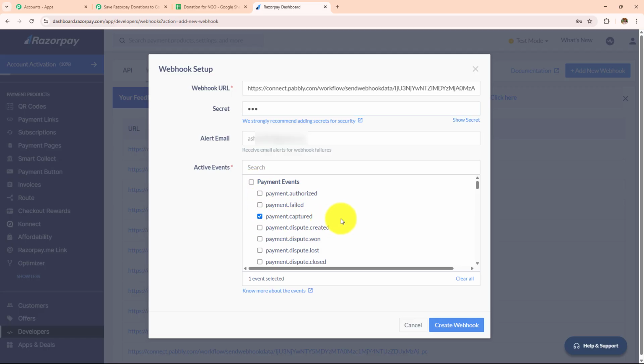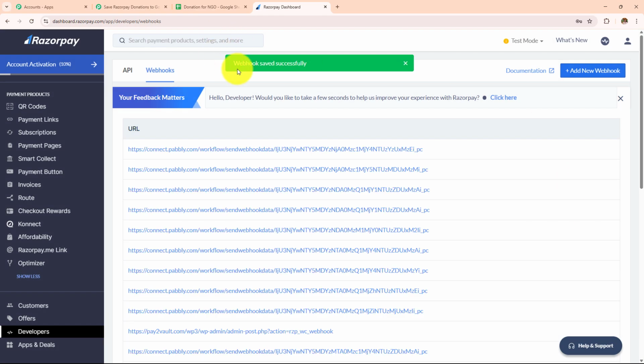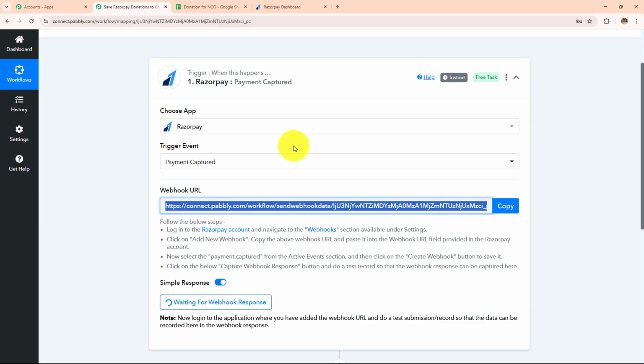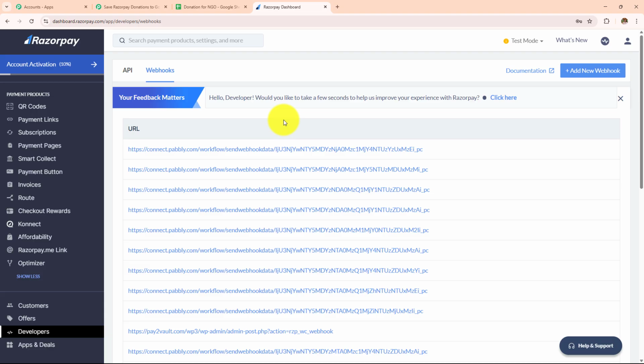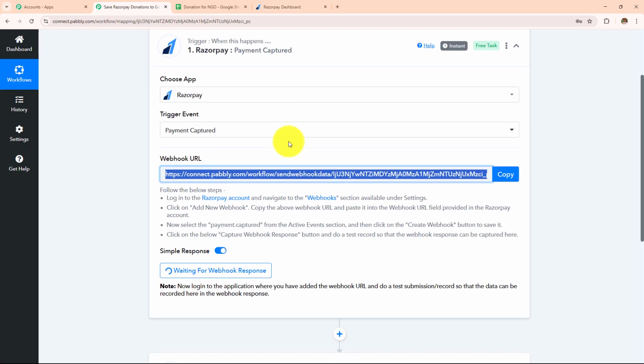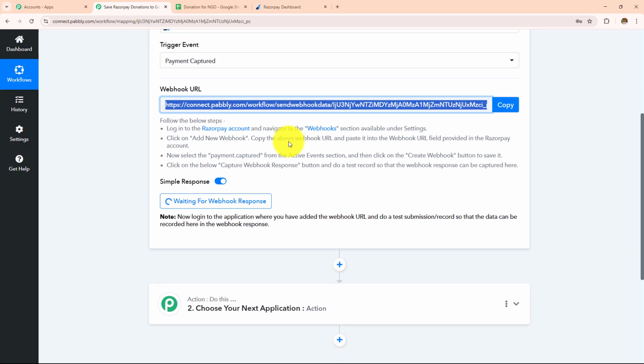So it is payment captured. As soon as the payment is captured, this workflow should be triggered. So I've selected my active events and simply click on create webhook, and here, webhook saved successfully. I have successfully added the webhook URL which was provided in my Pabbly Connect workflow in my Razorpay, and now whenever I receive a new payment, this complete workflow will get